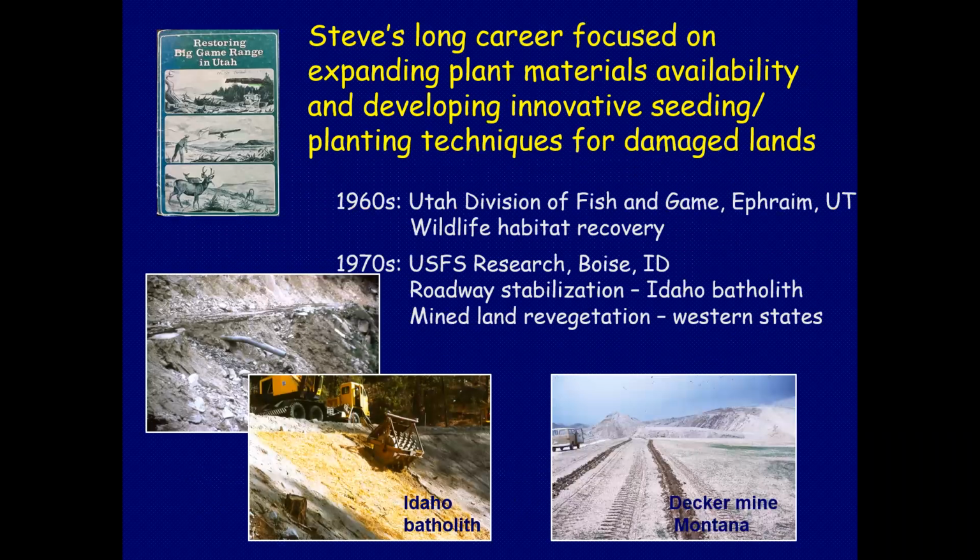Okay. He began his professional career with the Utah Division of Fish and Wildlife in Ephraim, Utah. And there the aim was to develop big game habitats. So he was working with developing native shrubs for use on habitat areas. Then in the late 1960s, he moved to Boise, Idaho, and worked with research on a watershed project there that